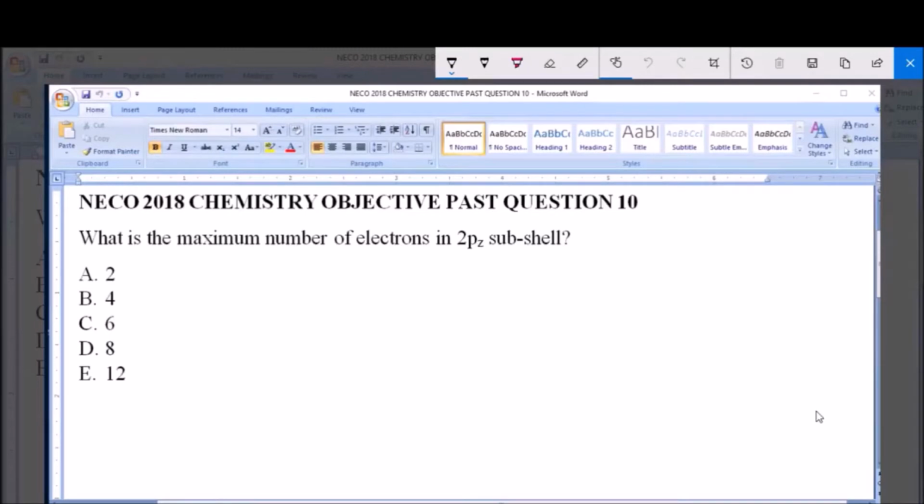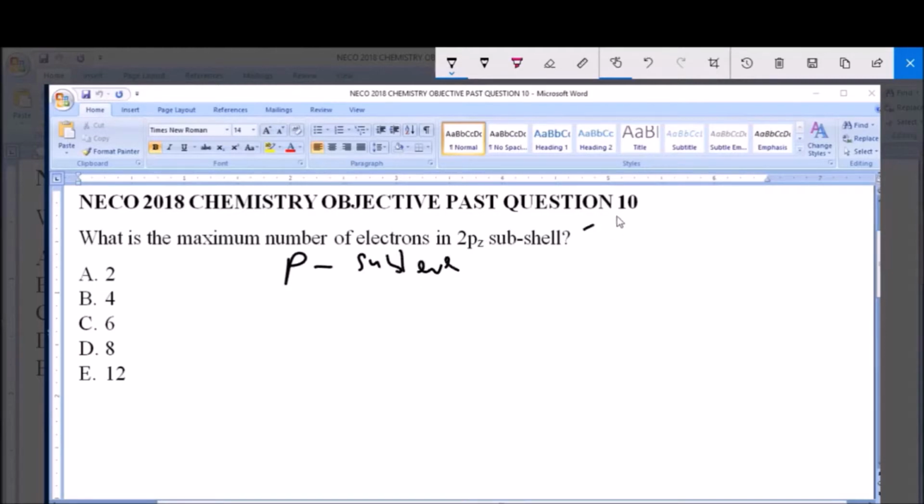Hello and welcome. I will be answering Neco 2018 Chemistry Objective Past Question 10. What is the maximum number of electrons in the 2pz subshell? A 2, B 4, C 6, D 8, E 12. Now, the P sublevel,